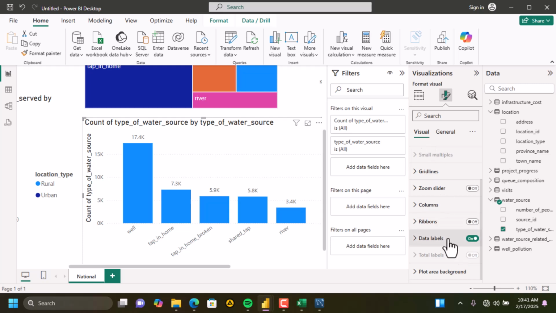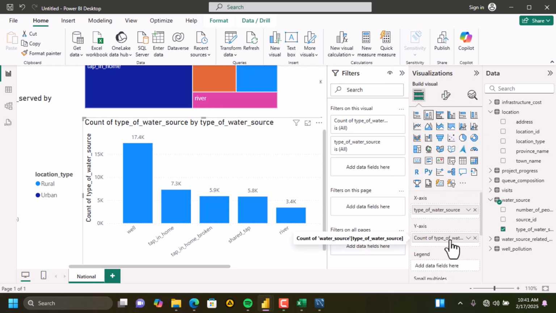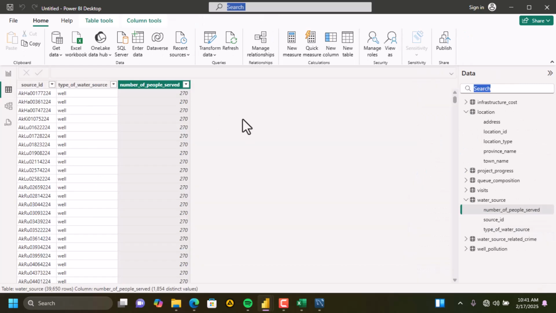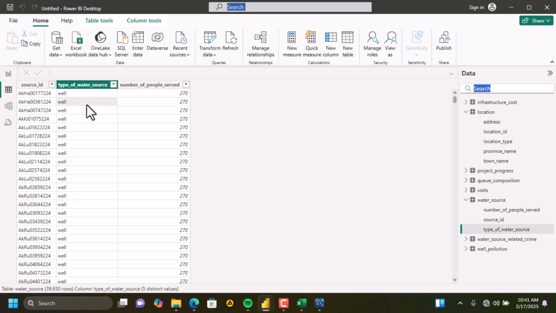So what is happening here is that we dragged in count of type of water source. So water source, let's check our water source table. So this is the water source table, counting the type of water source. But then we are supposed to get water source. So here it says